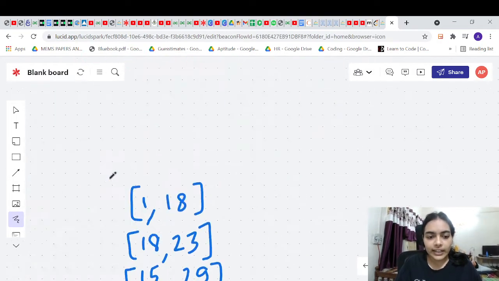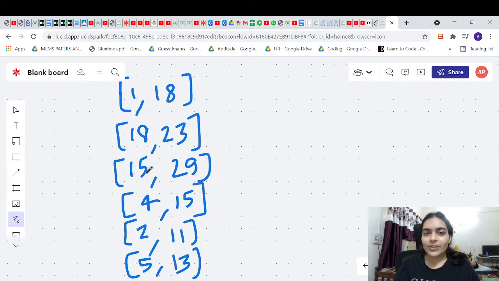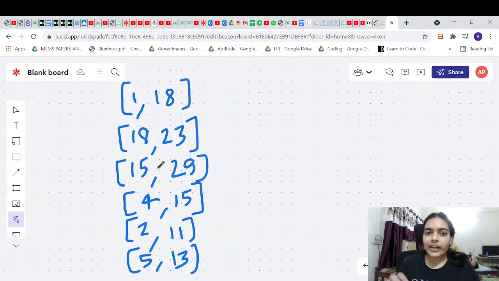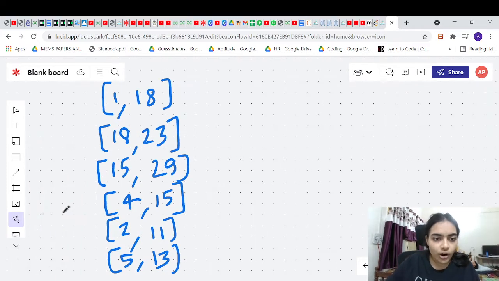Now let's see another example. What are you going to do in this case? First of all, this looks very messy. When we see this question, we don't know how to solve it. So let's sort it by when the meetings are starting. At least we will have an idea of when to start each meeting, and whether we need a room or not. Let's quickly sort these to make the problem simpler.